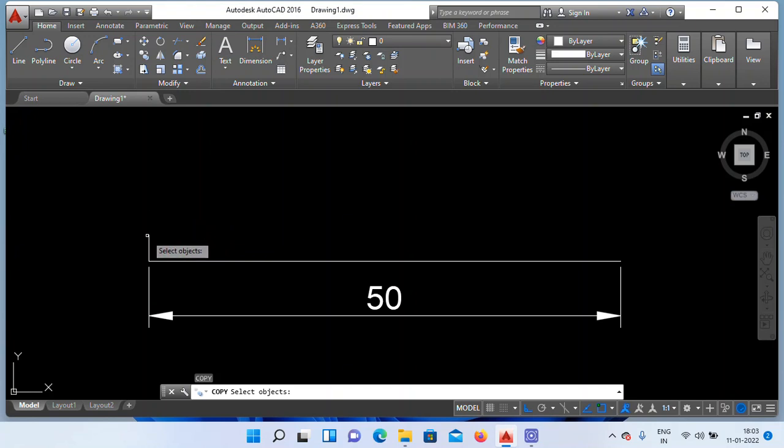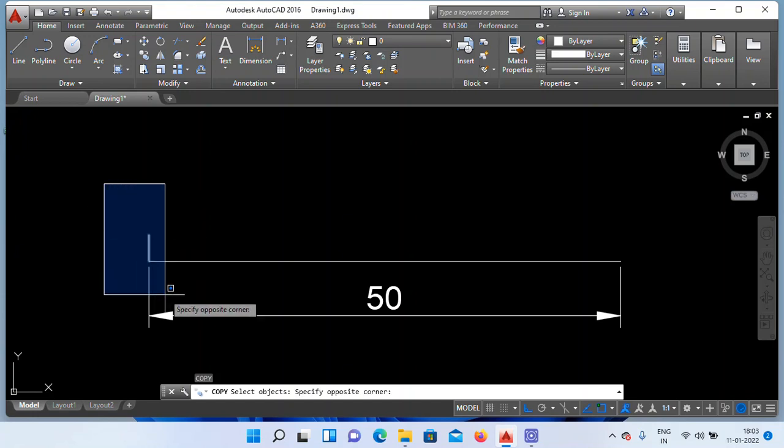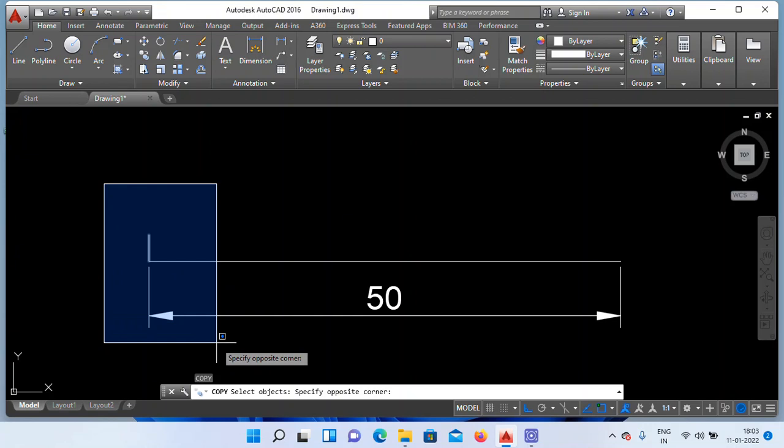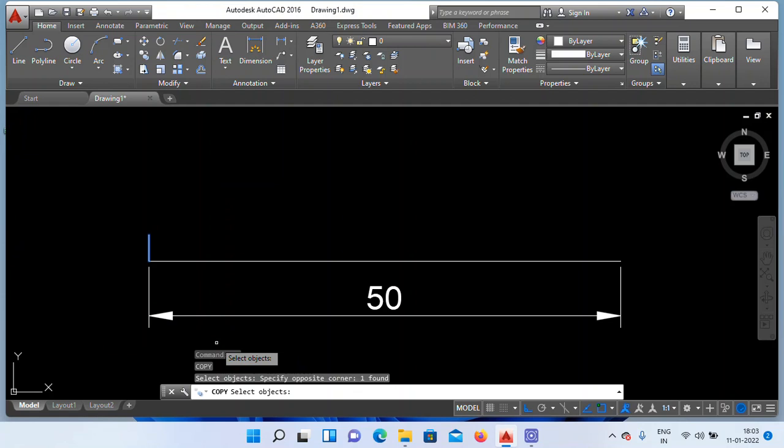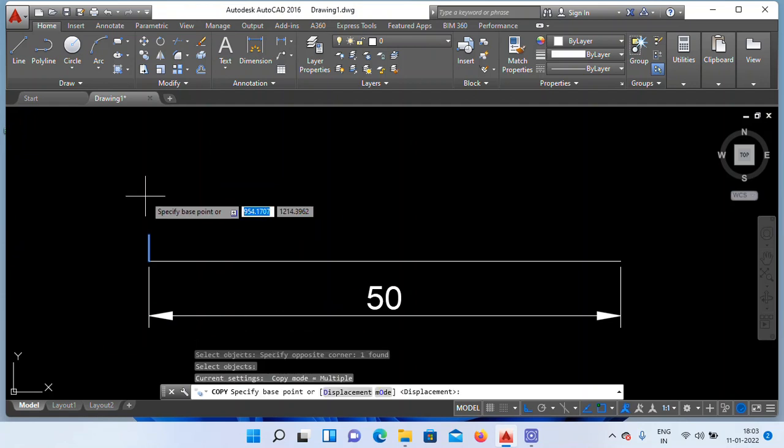This I need to copy. Select like this. Drag from left to right. Enter. Right? Click anywhere.